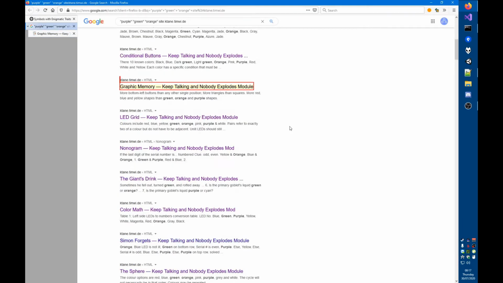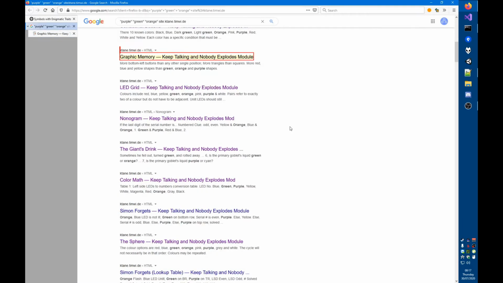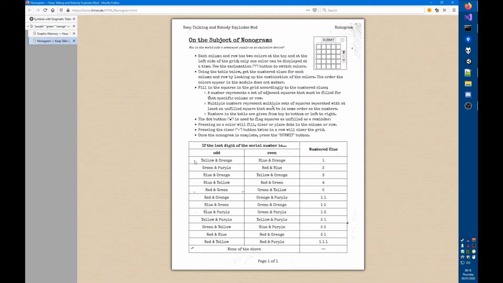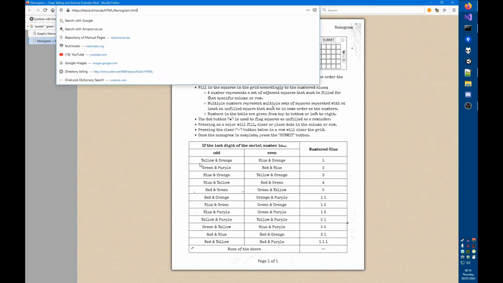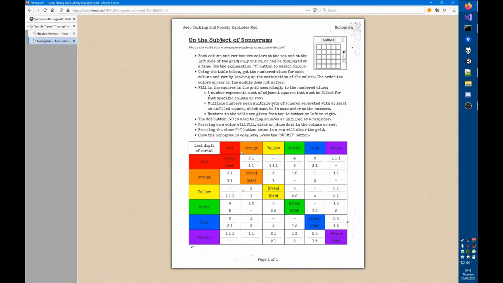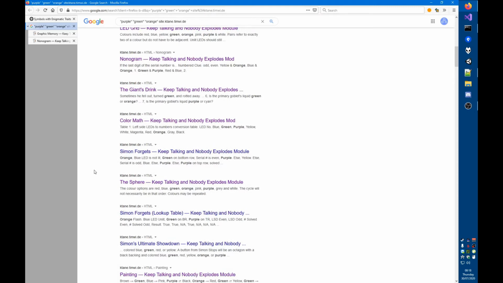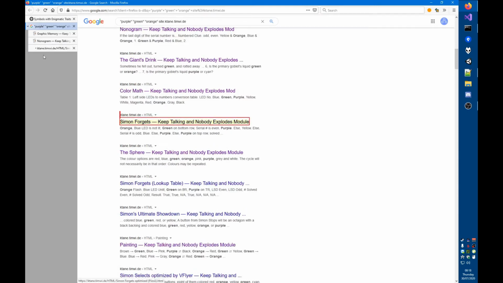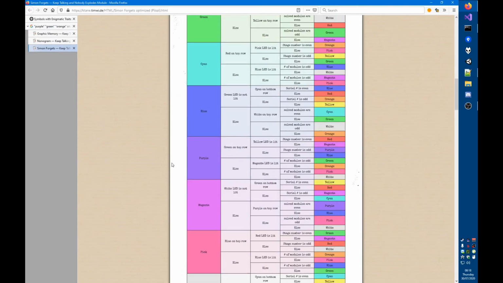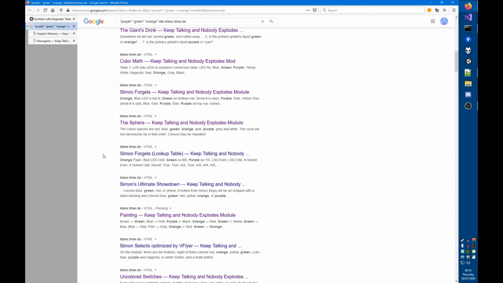let's go through this list a little more and just see if there is another module that may fit. Nonogram. Interesting. Yellow, orange, green, purple, red. This is the same set of colors. Wait, how many unique colors are there in Nonogram? Let's take a look at this. There are exactly these 6. That strongly suggests that might just be a coincidence. Let's see, Simon Forgets. What is this? Alright, okay, that one uses other colors, including white and pink, so that's not it.